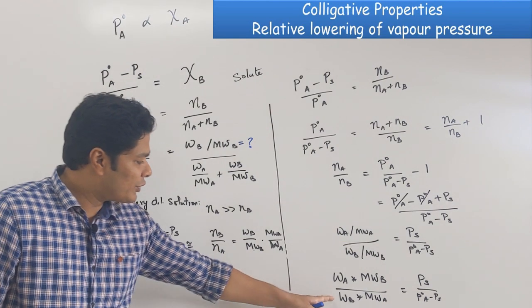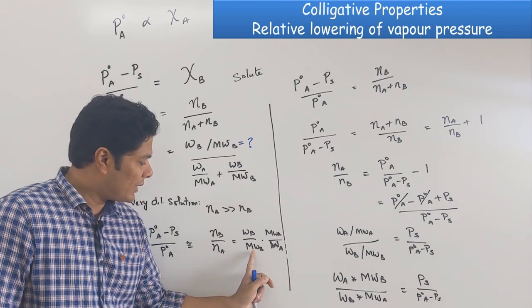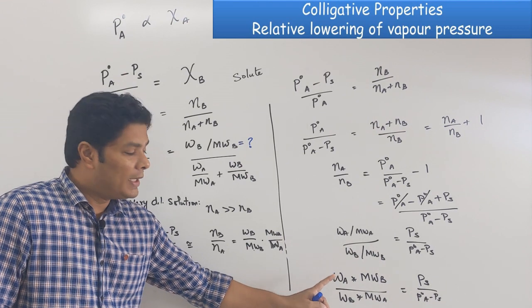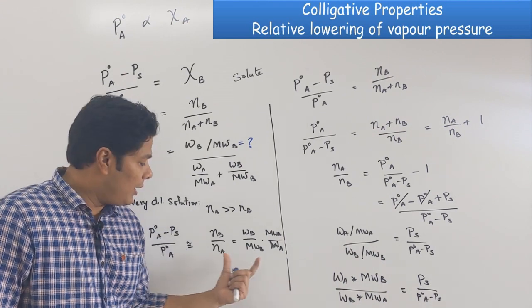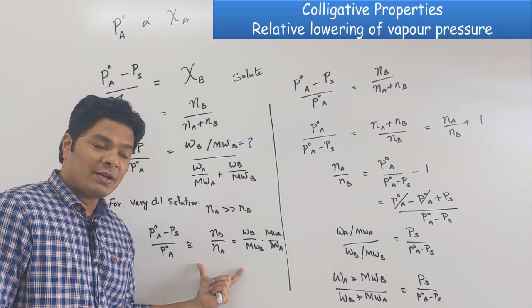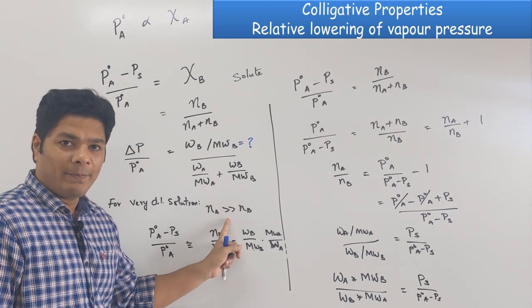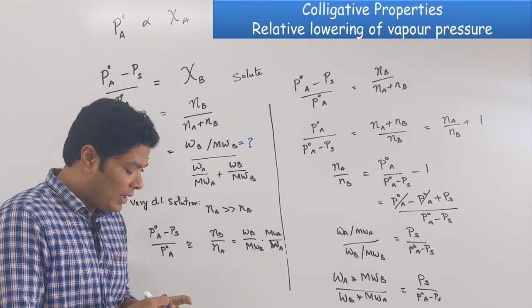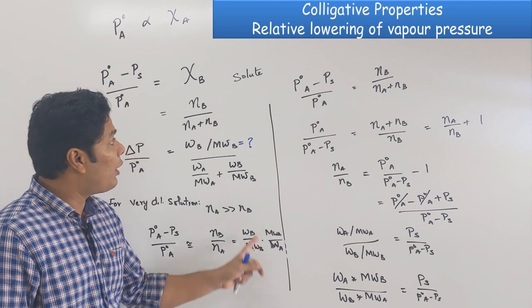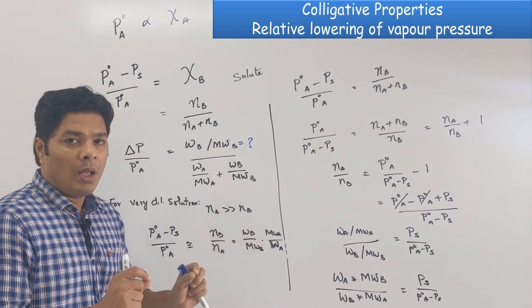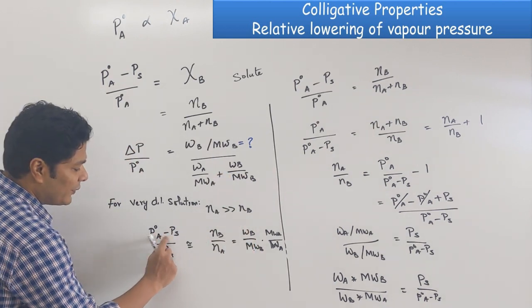When do you do this? When do you do this? Both can be used to calculate MWB. This will always give you the right answer. This is not going to give you the exact answer because you made an approximation right here. But when can I approximate? What if I am calculating my molar mass? How do I know this is true? Very simple, these numbers will tell you.